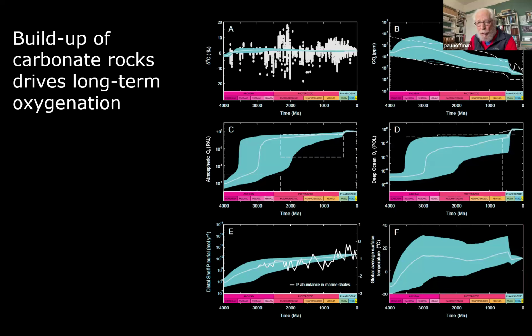The most recent versions of the model, just recently published, for example, had the Congo craton at the South Pole at the beginning of the Cryogenian and at 60 degrees latitude at the end of the Cryogenian. And yet from the late Tonian to the early Ediacaran, Congo craton has basically continuous carbonate-dominated sedimentation, which shows that it was in the tropics during that period. So I would urge you to tell Andrew Meredith to pay some attention to the sedimentary record as a paleo-meridian indicator. Thank you for that, Paul.